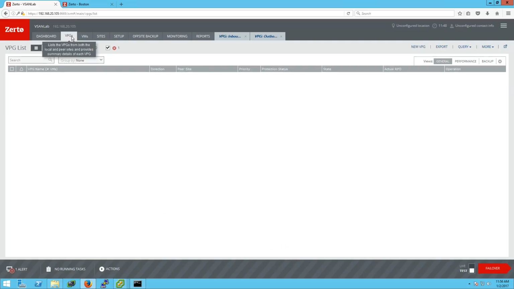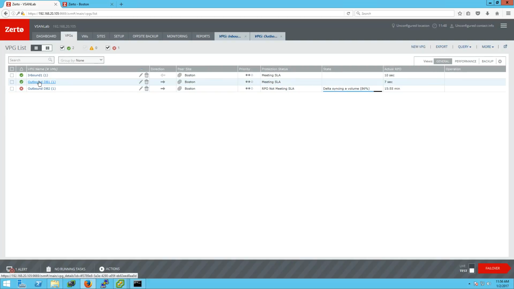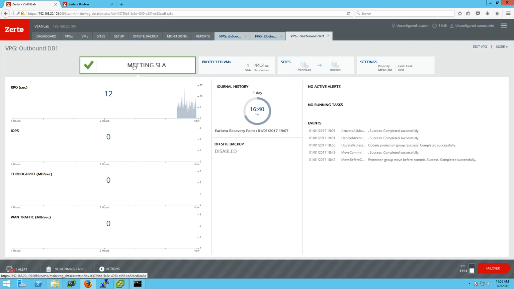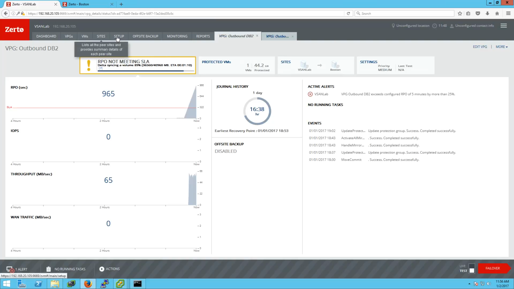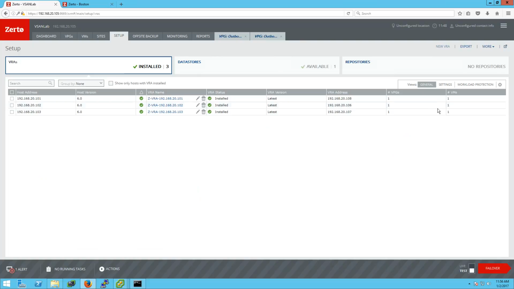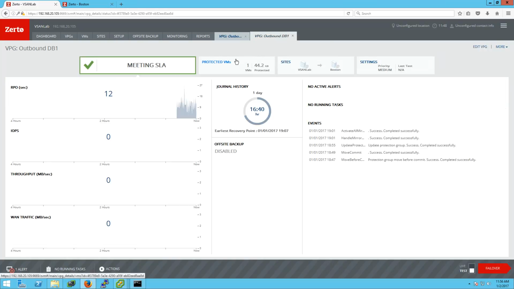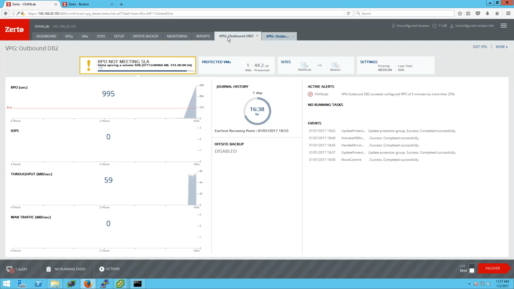And if we go back in here to the VPG, you'll notice that DB1 has never delta synced. It's never had that big spike up to 5 minutes, simply because we avoided all that by having it vMotioned to a host that was already upgraded. If I come into my settings tab, you'll see now that everybody's back to the same way it was before, all 111. And yeah, DB1, no delta sync, no bitmap sync, no anything, simply because we took the time to vMotion some things around. And then DB2,